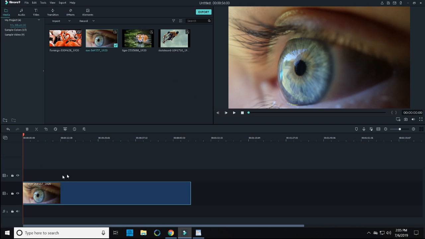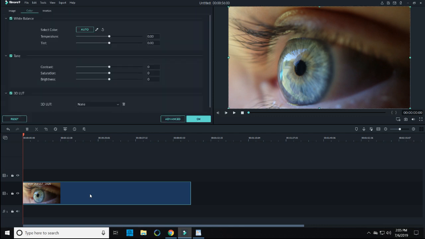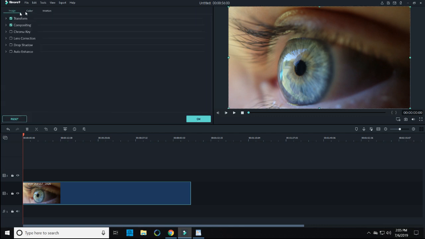Now, if you bring anything into your timeline, all you have to do is double left click on it, and it opens up all these different controls based around what you're dealing with. If this was a piece of text that I brought down, a title, or if it was a layer, anything I double left click on brings up the details of how to do more with that in Filmora. So really handy trick to know. In your timeline,